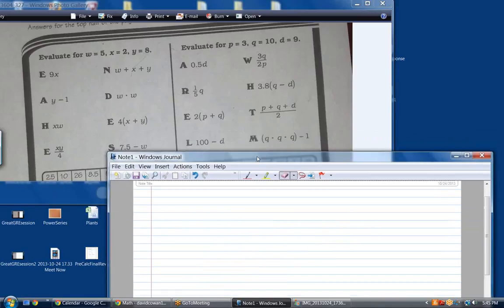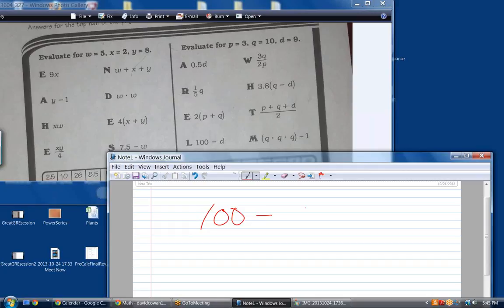And 100 minus D. That'd be 91. Good. What's 3Q divided by 2P? 3. It'd be 3 times 10 divided by 2 times 3. So